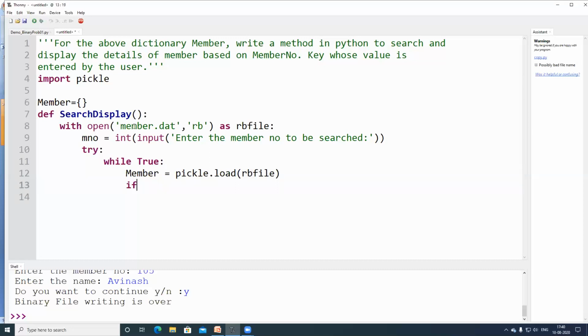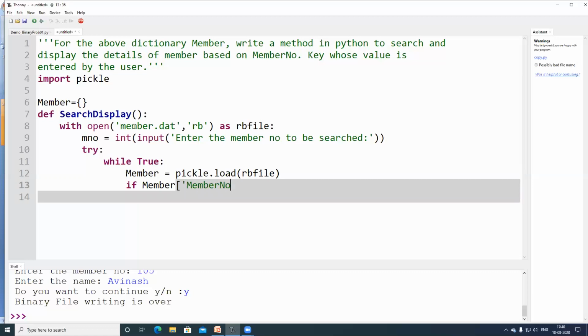Now you are trying to search based on a particular key which is present in the dictionary. Member number, this is what the key is. If member number double equal to my searched MNO, in this case, what am I trying to do?